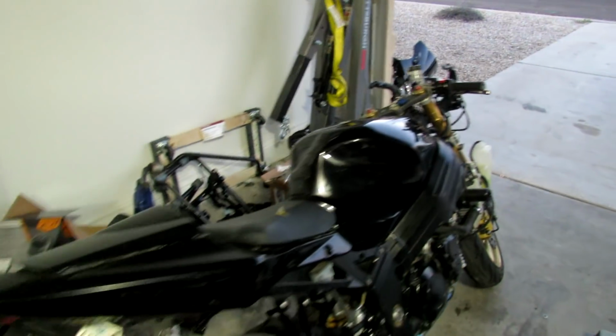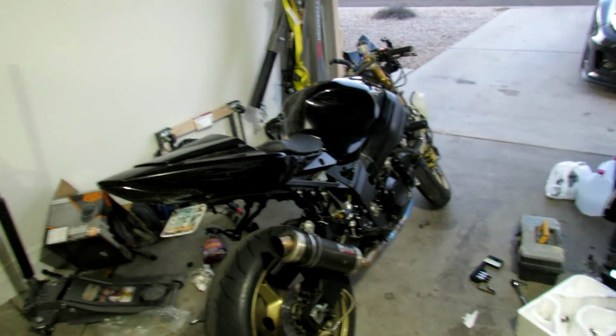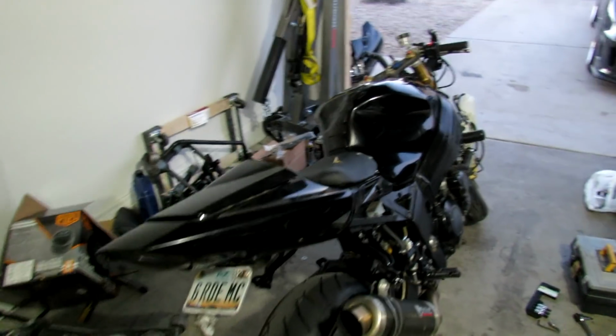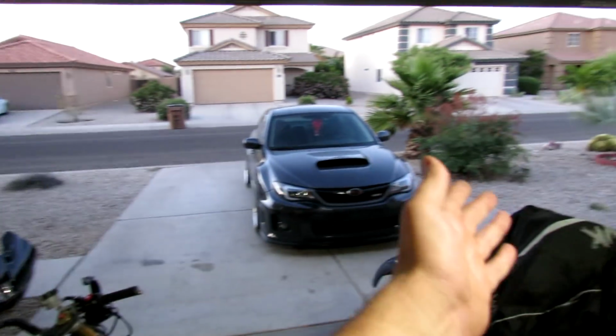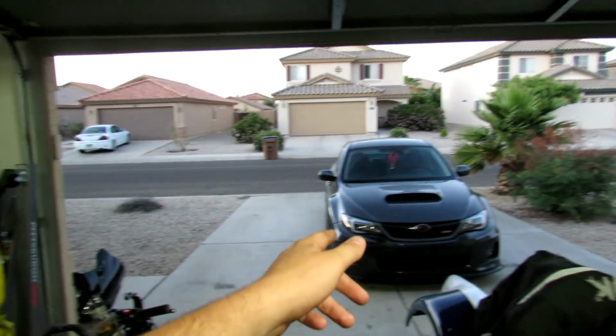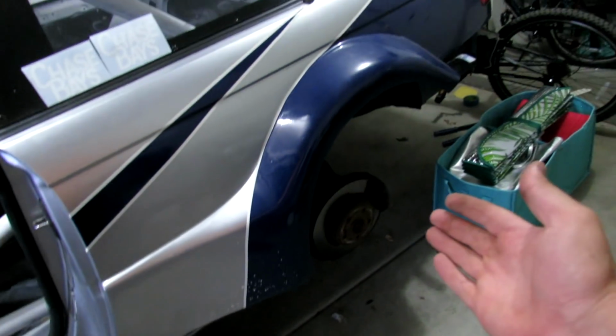A lot of this bike has been just OEM eBay parts, which have been fairly cheap in my opinion, especially being a 2003 bike. Also, as you guys can see, I sold the Mercedes. I think I sold it for $1,300, and I got it for $900, which is mint. And I sold the wheels that were here, which are the wheels that everyone hated that were on the M3,